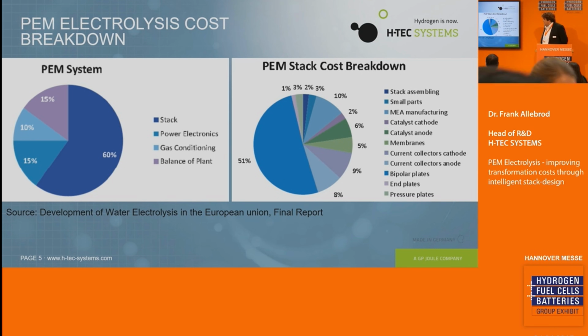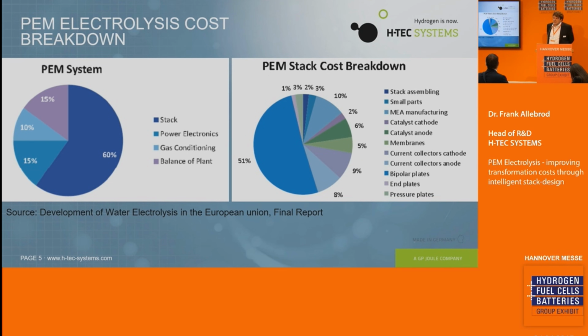On the other side, we see the cost breakdown of a PEM electrolysis stack, saying here that we have 51% only for the bipolar plates. That's a European study, the final report, which was announced just a few years ago. Actually, I must be honest, this is not our costs. I'm actually not allowed to give you the costs, but let's say it's not so far away from the truth